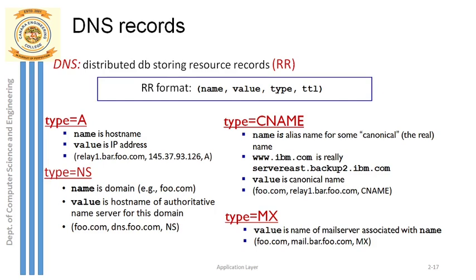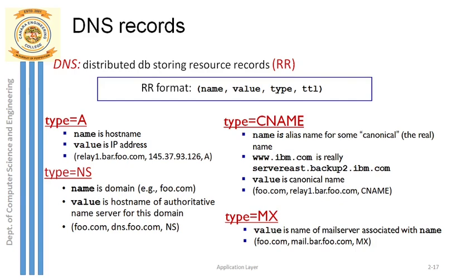Okay, so this is type NS record, and now the third one is CNAME. So what is this CNAME? Type CNAME. Again we'll see the structure. The first field name here is nothing but the alias name. I hope you all remember what an alias is. I had given one example of a host name. It's easy for us to remember a host name like gmail.com, google.com, or the simple one, hotmail.com, such short names which are easy for us to remember. One example is something like www.ibm.com. Is it not easy for us to remember?